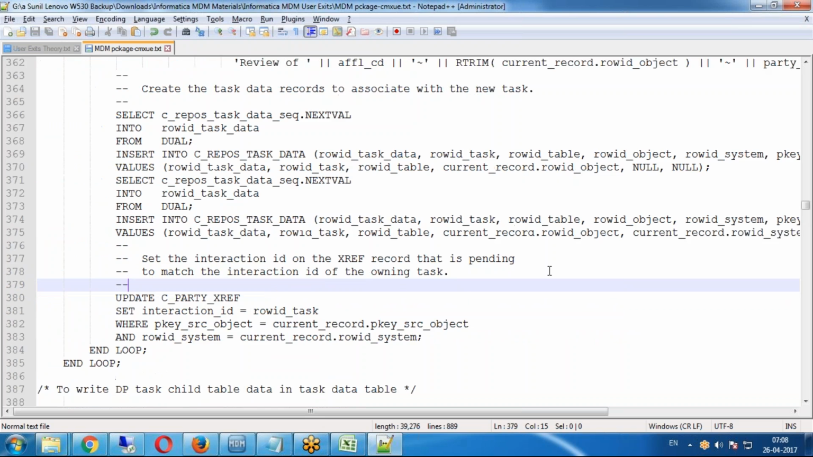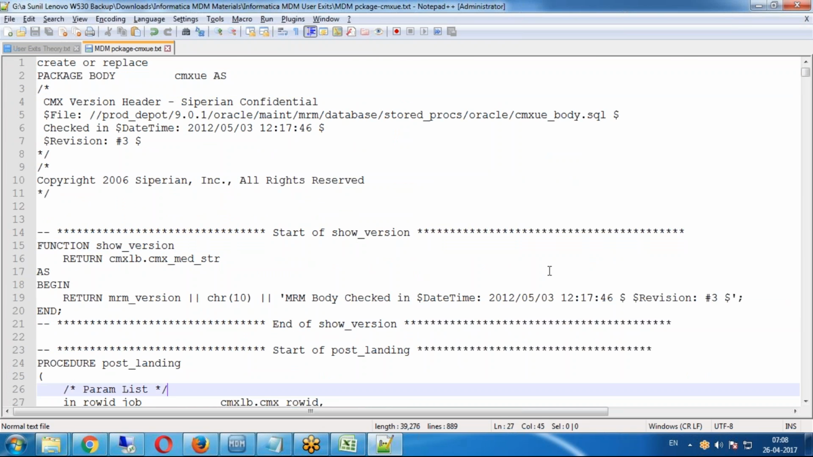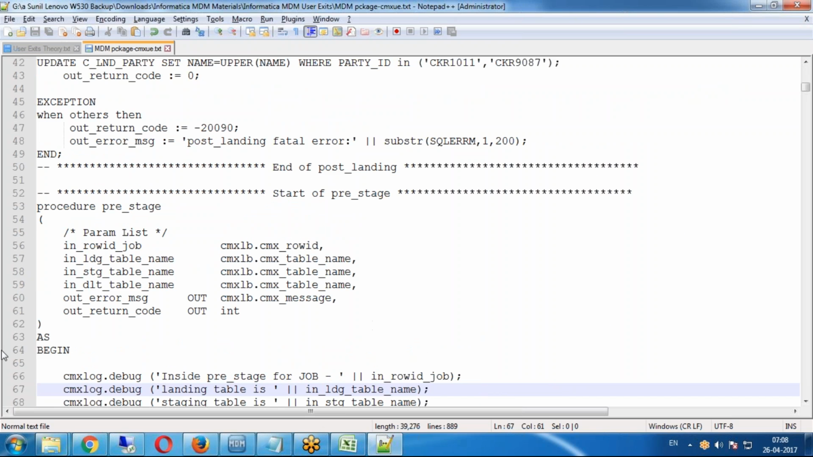And one interesting thing is you can also pass parameters. For example, let's say if I go and check a pre-stage user exit, you can see in row ID object, in row ID job, what is all that? This is the row ID of the job, then the landing table name, staging table name, delta table name. So you don't have to hard code anything. You understand, right? Informatica will pass these values in these parameters, these variables. You just need to read the values